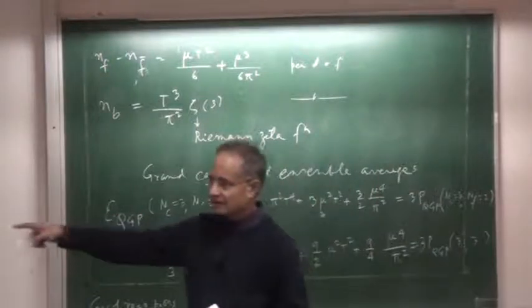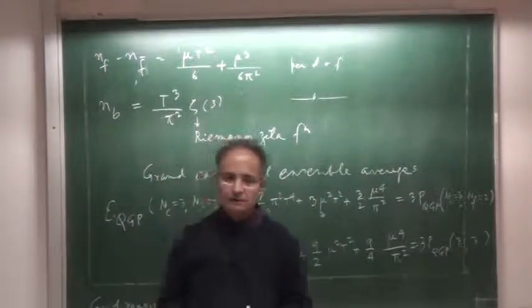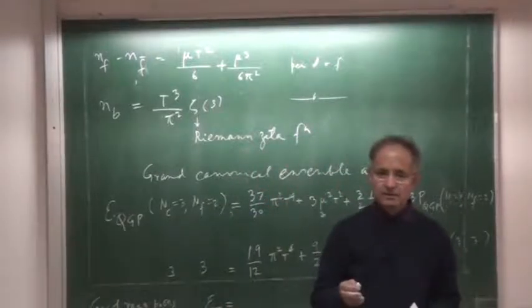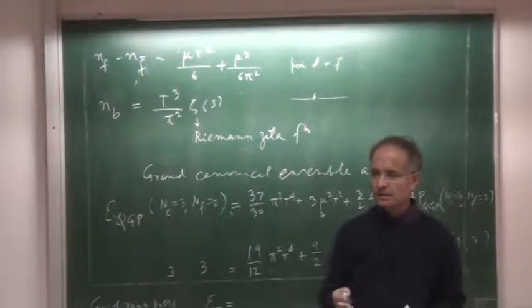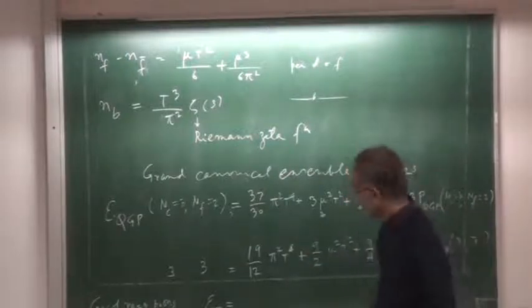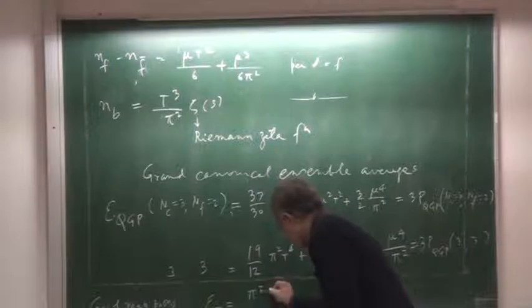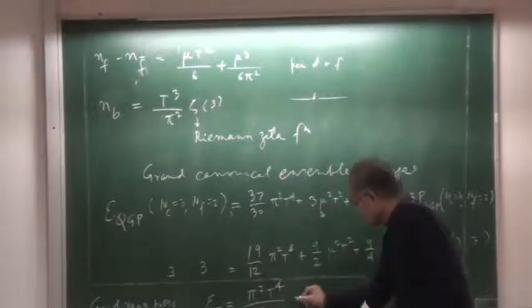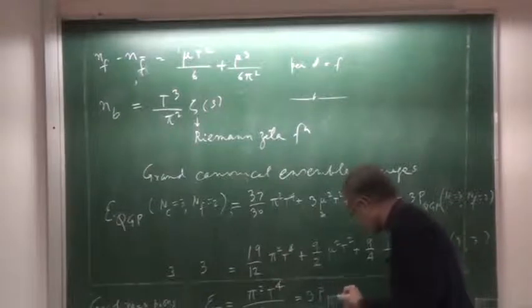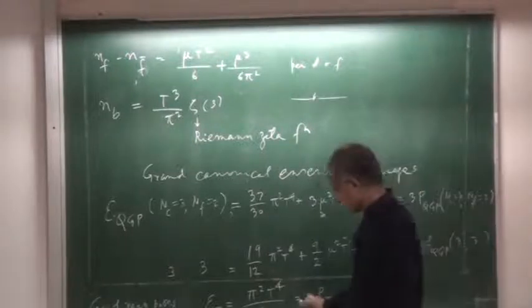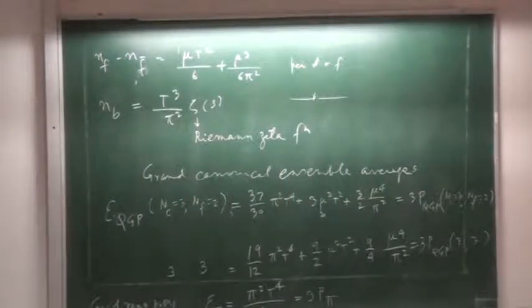The first one over there. But that is per degree of freedom. So how many degrees of freedom will you consider for pions? Pions come in three charges: pi plus, pi minus, and neutral. So the factor is 3, and you will get pi squared T to the fourth upon 10. And this is 3 times the pressure for a single degree of freedom. Okay, now there is a surprise waiting for us.